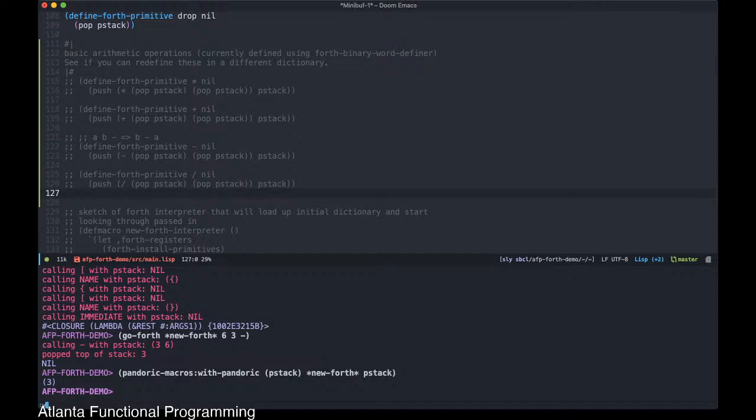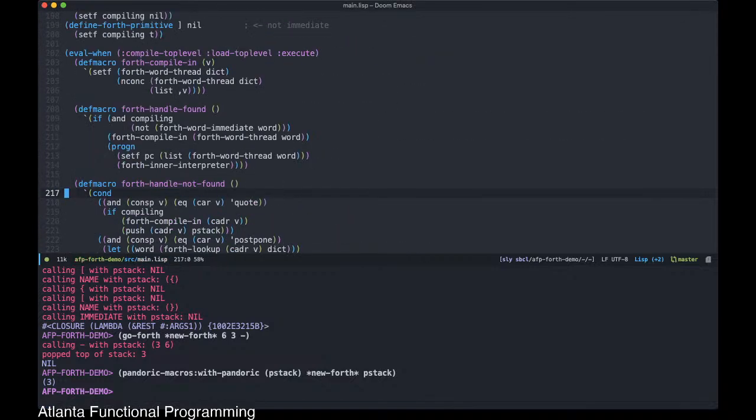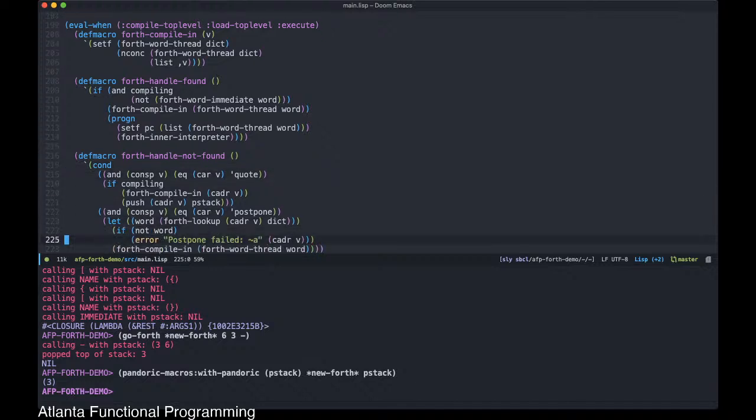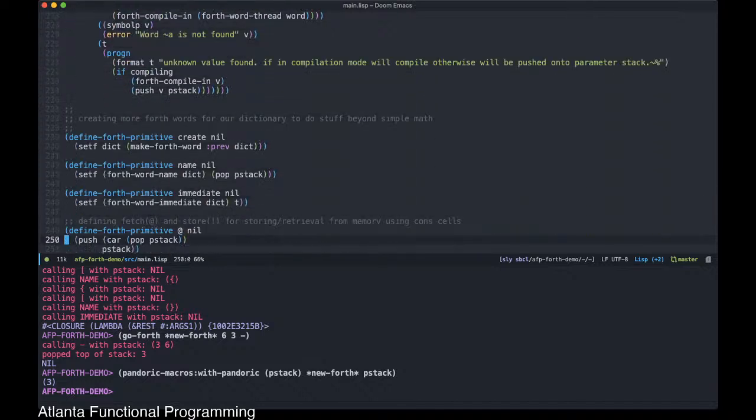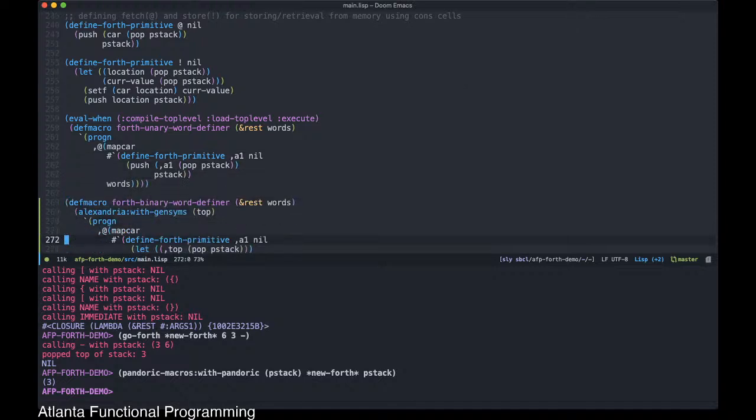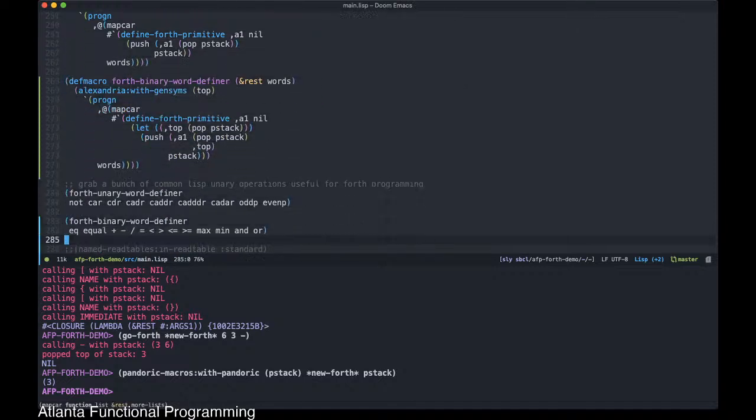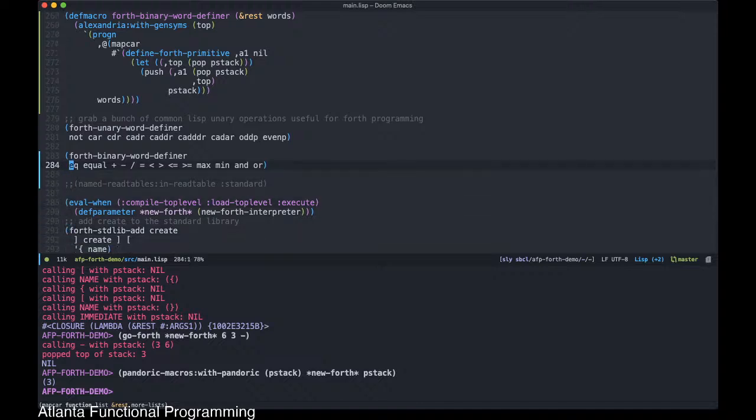Okay. Let's move on. So what you've now seen is essentially a little bit of debugging on how to create the binary word definers, and we can certainly add more from common lists. I think the majority of the ones that we defined here are the common ones that you would see in Forth anyway. So for now this will be what we'll be defining from Common Lisp for our Forth interpreter in terms of binary